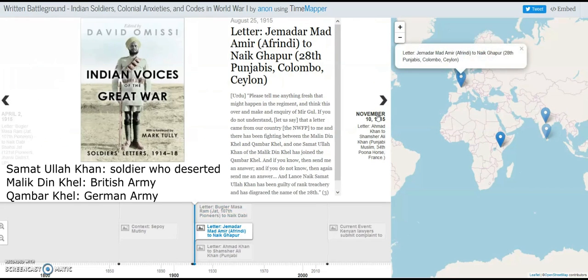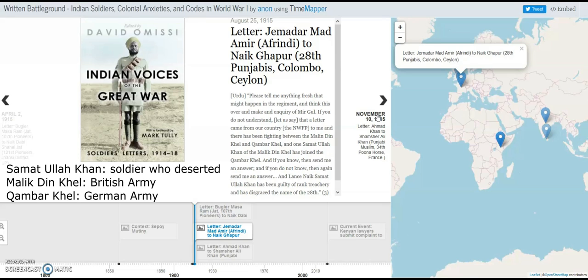Alright, so now we will move on to the next letter. The next letter we have was written on August 25th, 1915 by Jemidar Ahmad Amir, who was an Afridi, to Naik Gupur of the 28th Punjabis. Since Amir is an Afridi, we can make an educated guess that he was most likely from the Northwest Frontier Territories, and interestingly enough also fits within the English martial race theory mentioned earlier when we discussed the Sepoy Mutiny